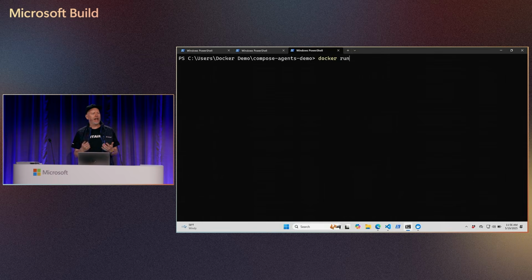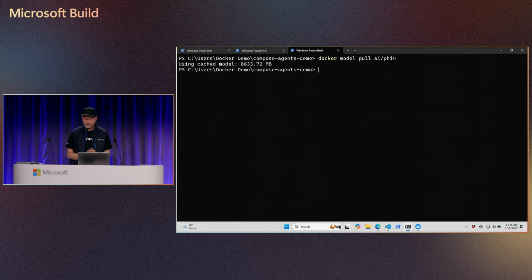Now, when you're building agentic applications, what are some of the other things that you need to be able to pull and you need to be able to run? So we have Docker model pull, and say I want to pull the Phi 4 model. I don't have to pull this, it's 8 gigs. I cached this already, but you can just use Docker to pull models as well.